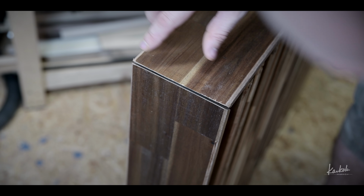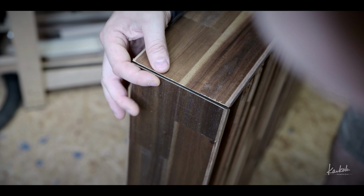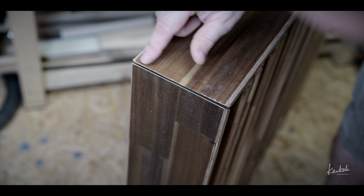Here you can see that my cuts are not 100%, and I kind of knew it. It's very hard for me to do these 45-degree angles so that they will be 100%. I don't mind it that much, but if I can make it a little bit less visible,